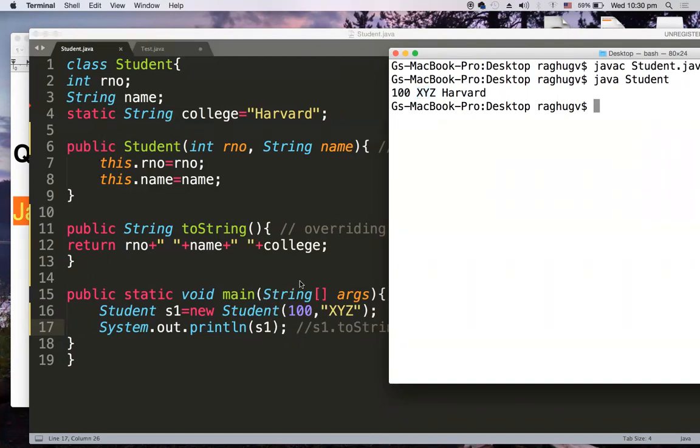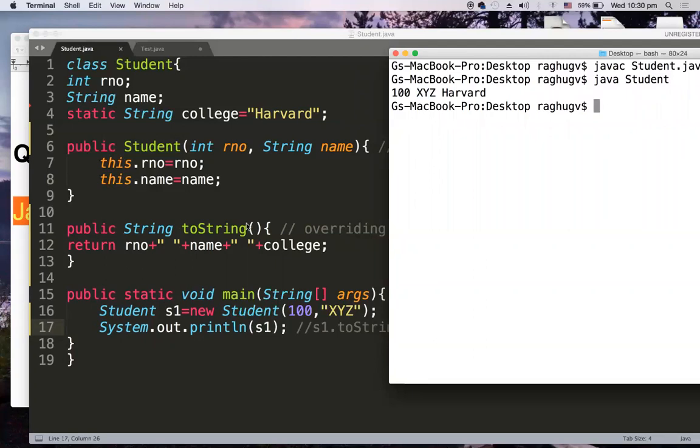So this is how we can make use of the toString method to eliminate the getter method. Now in Java, the setter method can be eliminated with the help of a constructor, and the getter method can be eliminated with the help of an overriding toString method. That is the purpose of the toString method.